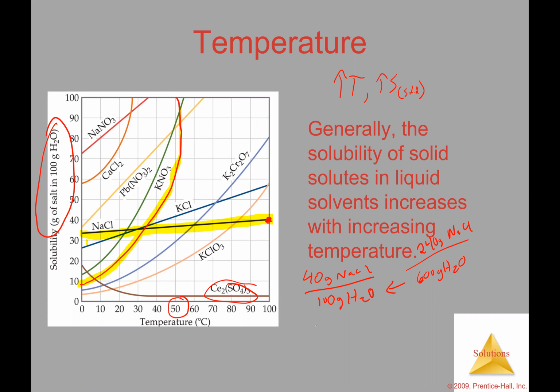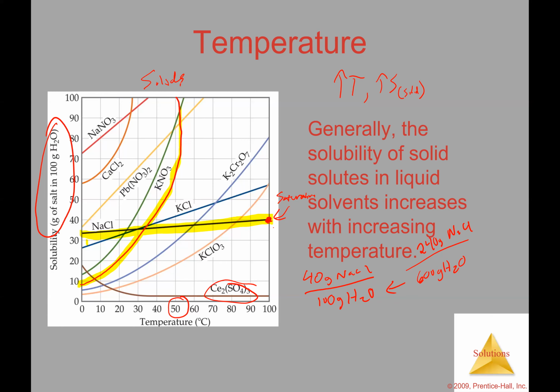grams per 100 grams. So these lines, yet again, represent the saturation points for the salts that are on this graph. And you could go on to Google and look up all the solubility curves for all different types of salts and compounds. But for right now, we're just going to keep it simple and have a little glance at this solubility curve here. So that's all you need to do with the solubility curve: understand that this solubility curve represents that